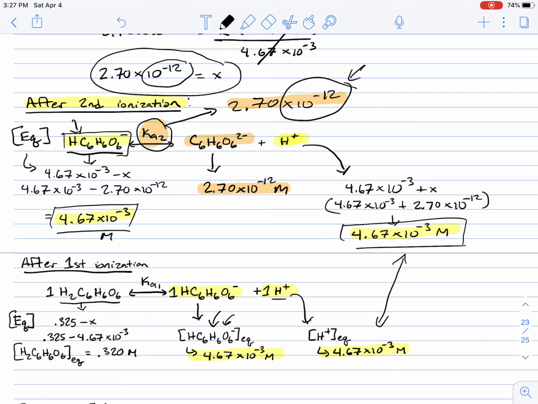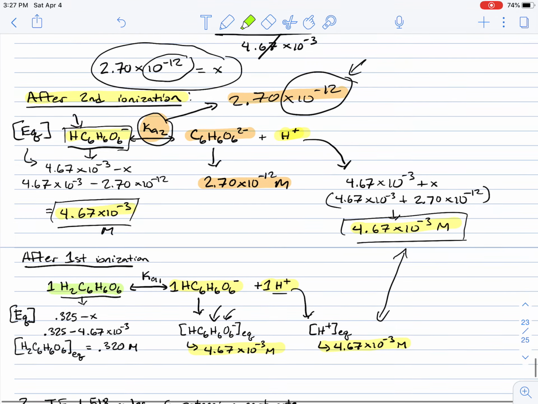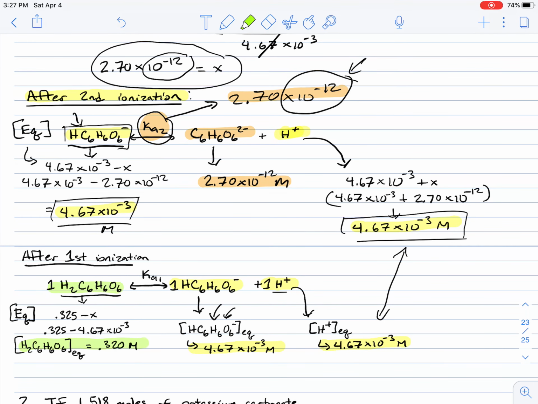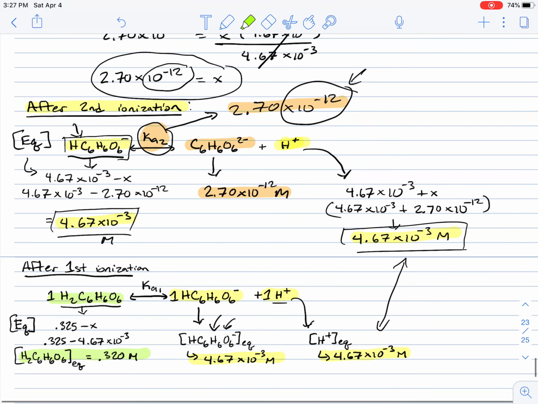And finally, if you guys are looking at the equilibrium concentration of ascorbic acid, we can determine that just from right after we performed the ICE table for the first ionization step. And so this is telling us a couple things. One, we can go ahead and treat polyprotic acids